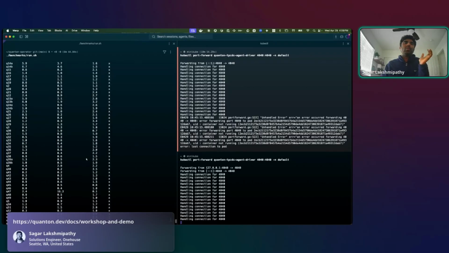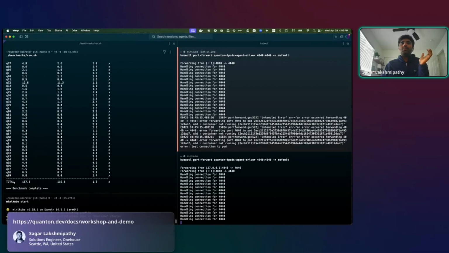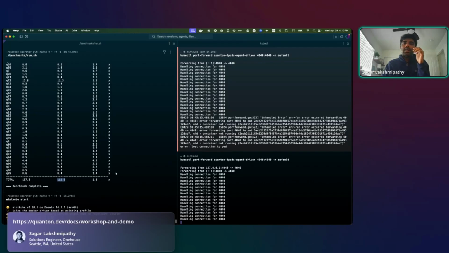So there are a set of 99 queries that ran. Total time that took in OSS Spark is 157 seconds, whereas Quanton Spark took 120 seconds. The speed up is 1.3x. Bear in mind, this is a Docker example that is running locally. So if you run a bigger workload on a cluster, you'll see way bigger speed up, right? At least from my perspective, I've seen like 3x, for example. Now, with that said,